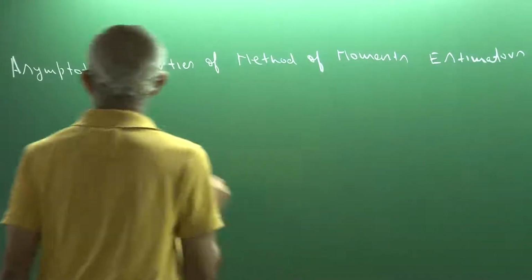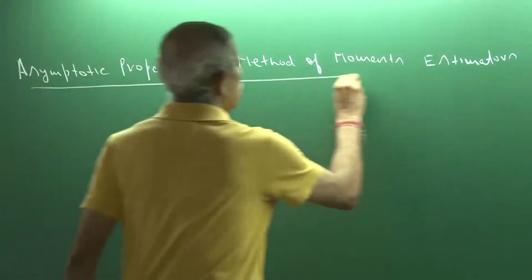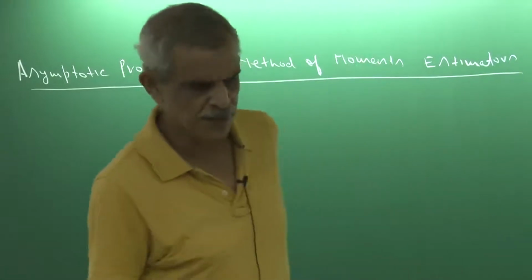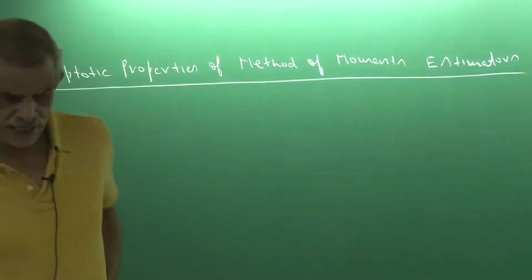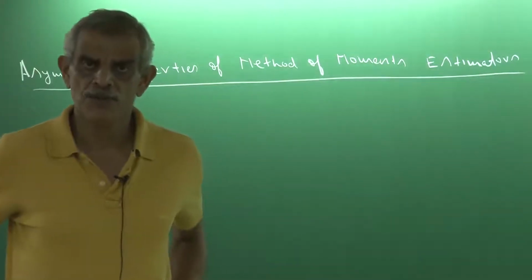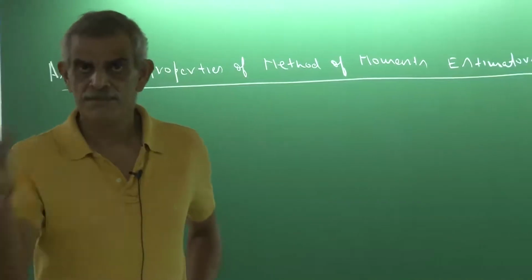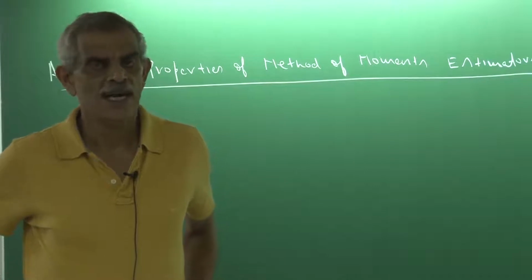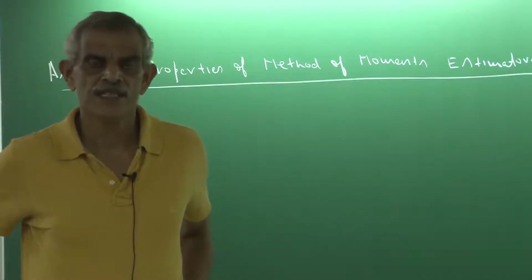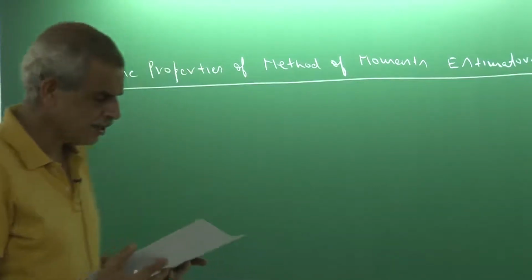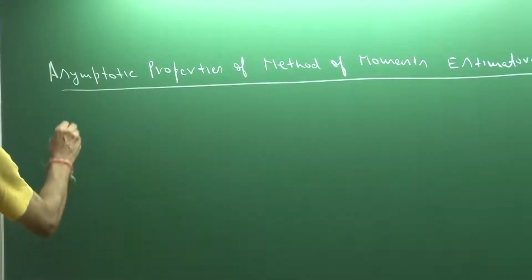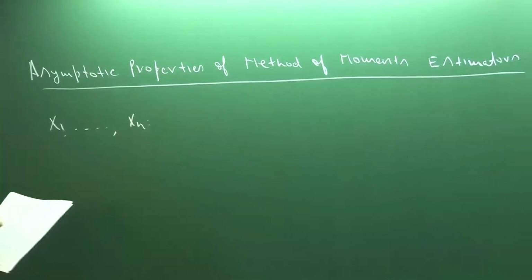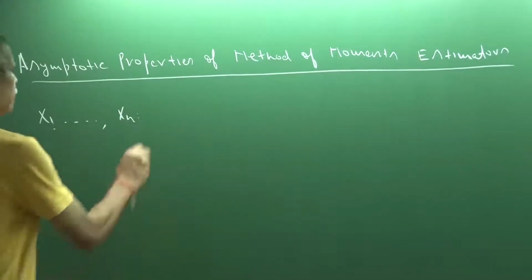Now you know what this method of estimation is. You look at how many parameters there are, then calculate that many population moments and replace them with the sample moments, solve the simultaneous equations, and whatever solution you get gives you the method of moment estimators. So suppose X1, X2, ..., Xn is a random sample